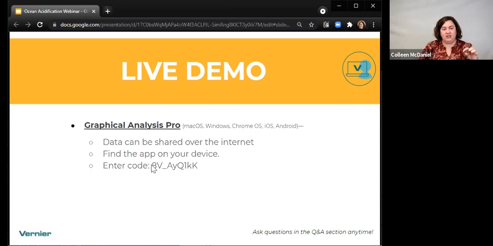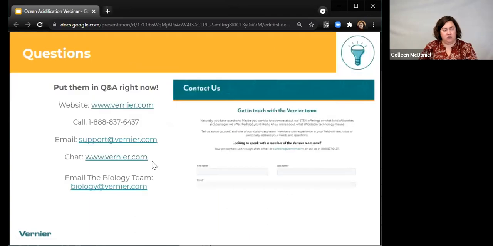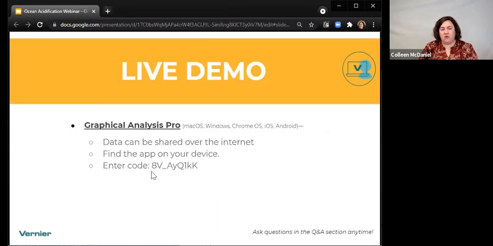And then you want to enter this code right here into that activation. Angie, if you could copy and paste that into the chat, that would be great. It is case sensitive, so I recommend if you're doing this on a computer that you just copy and paste it. And then once you have activated that,